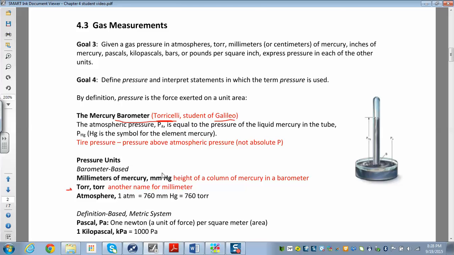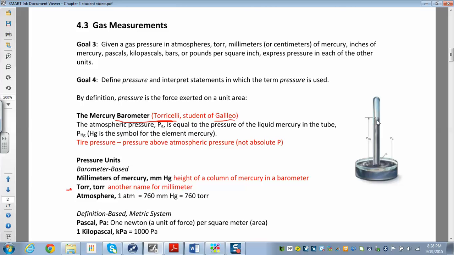This is a barometer, and this is all mercury. So you take a pool of mercury, and then he took an evacuated tube. That just means it has nothing in it. There's no air. It's just a vacuum. He put that tube upside down, and he noticed that it acted like a straw or like a vacuum. It sucked up a certain amount of mercury, and he measured the height of that mercury.